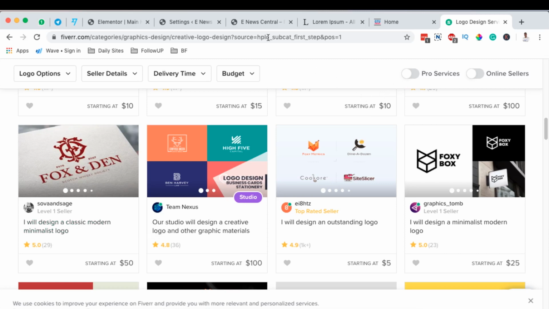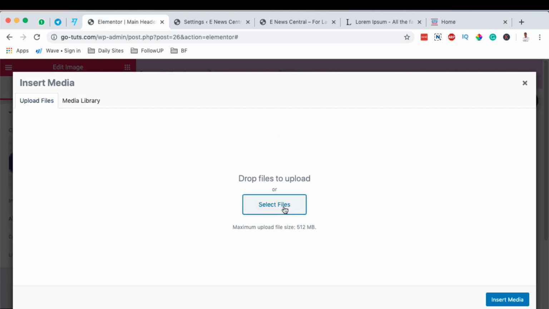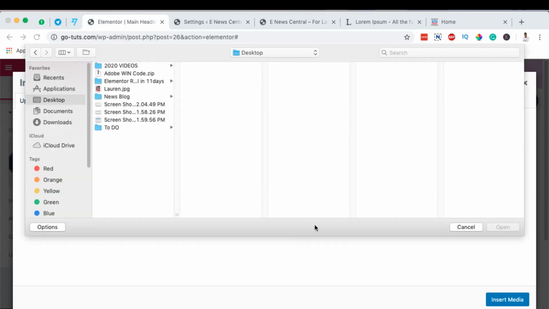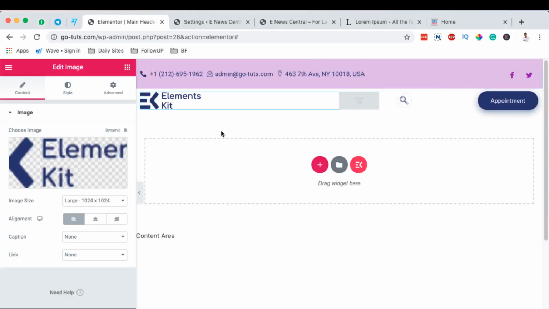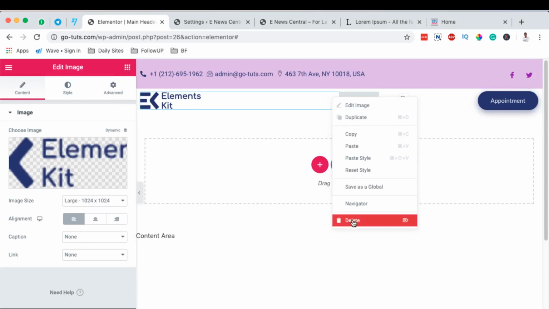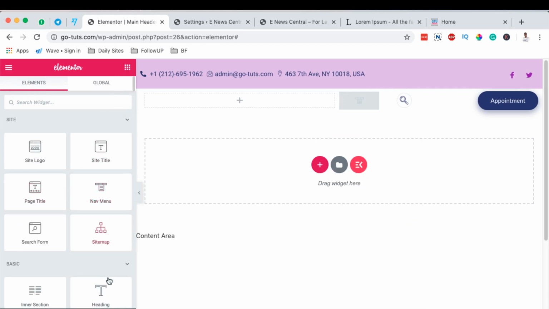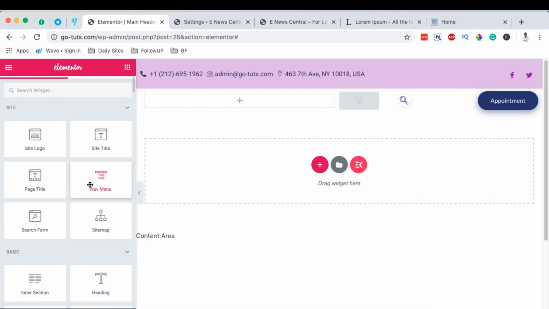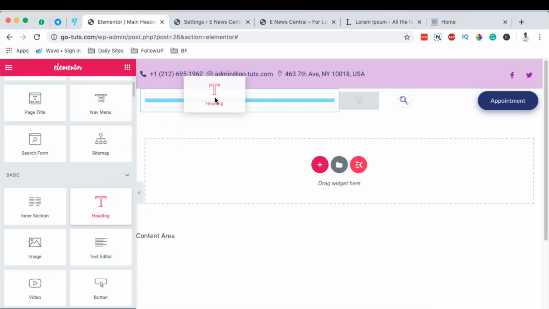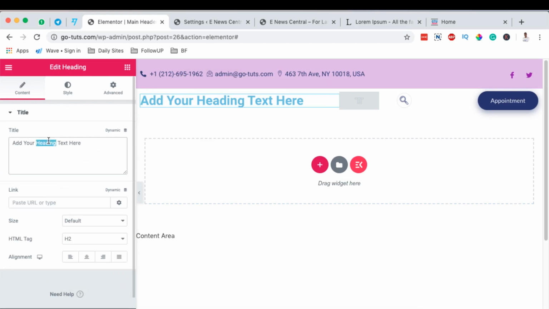Once you have gotten your logo, you simply come over here, and then you can upload your logo to your WordPress website. However, I'm not going to upload a logo at the moment. I'm going to use another section right here, which is a text widget. So to add a text widget here, I'm going to delete this one here, which is the image widget, and then I'm going to add a heading title or a heading widget right here. I'm going to come over here, and then I drag my heading widget, and I'm going to simply add my title, which is e-news, which is going to be our logo right here, and it will be linking up to